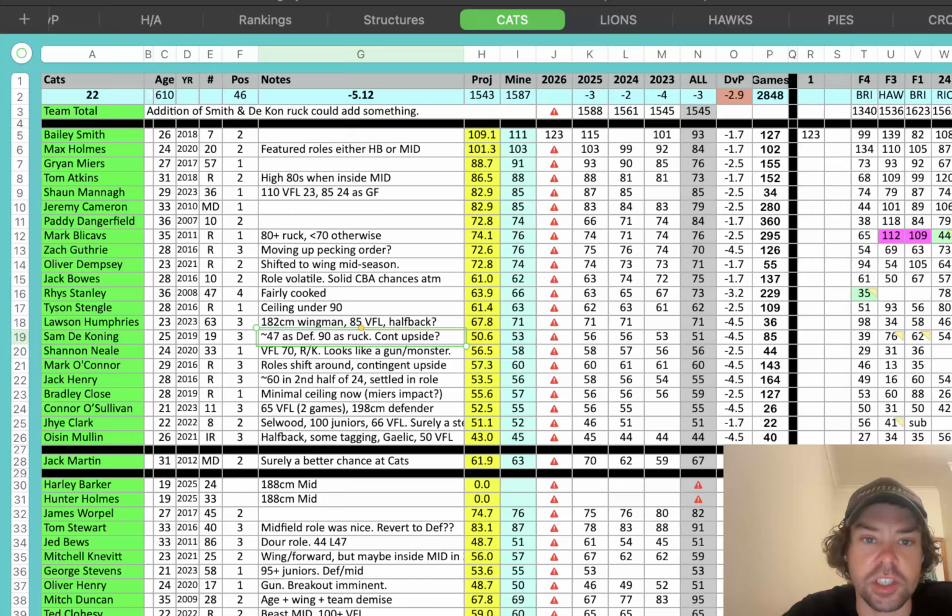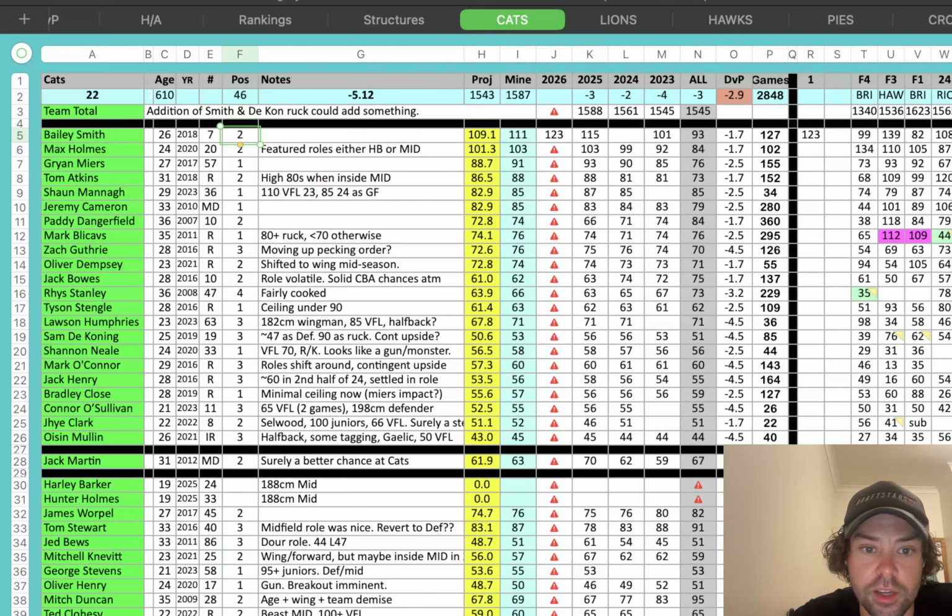So a few things I built in recently. Over here, I've got a DVP column that feeds back to, well, actually, it just feeds off this position column over here.